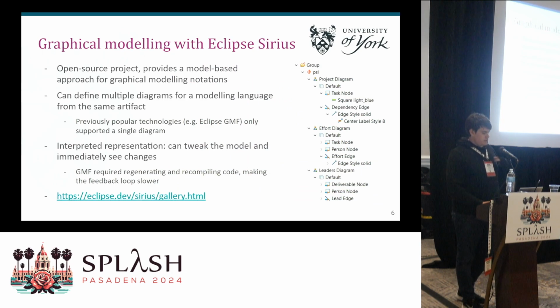So one of the ways that this can be done is through Eclipse Sirius. It's an open source project which provides a model-based approach for graphical modeling. And this can all be contained with multiple diagrams all being within the same artifact. This is counter to a previously popular technology in Eclipse, GMF, which only supported a single diagram from a set of artifacts. It also generates its representations in an interpreted manner,